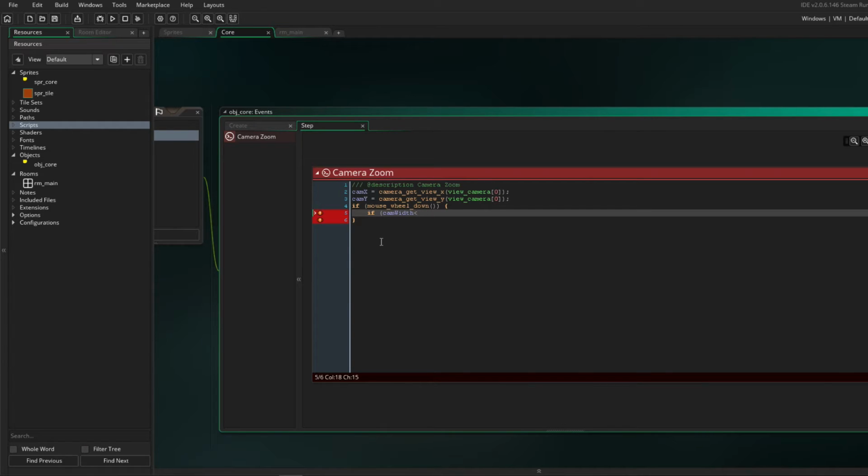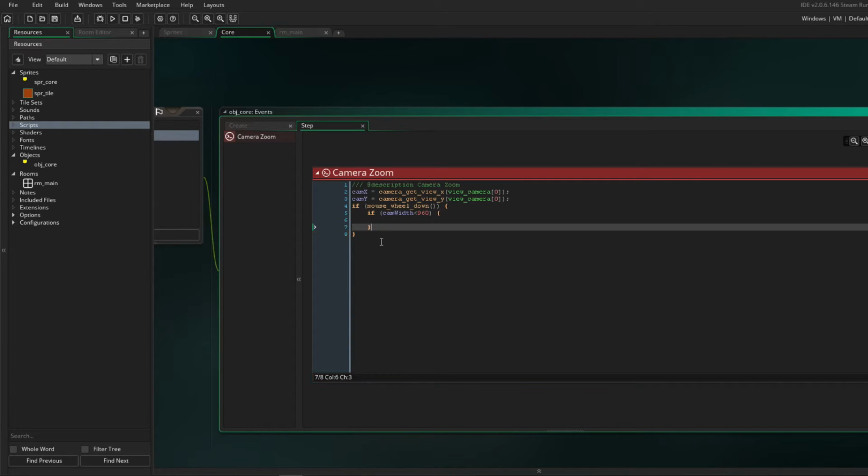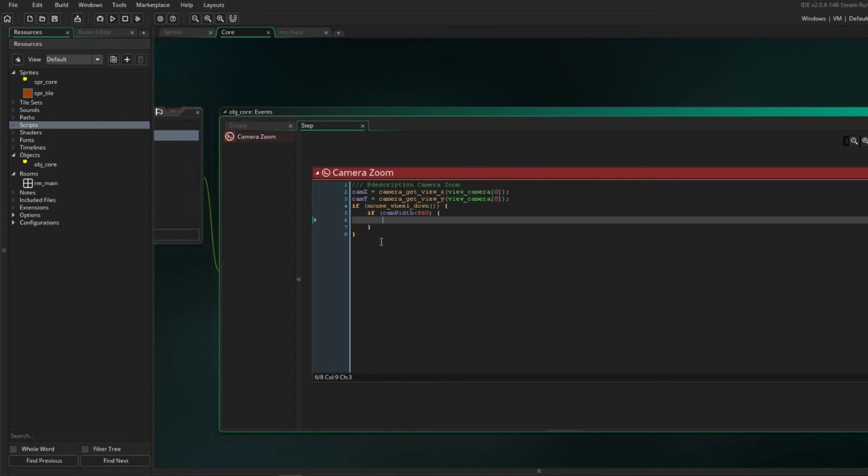Yeah, I think I'm gonna do something with my tile width, which is 32 times 3. Let's do 96 times... yeah, let's just do 960 or something like that. We can always adapt it if it is not far enough. But let's say if cam width is below 960, then we want to change the cam width, and we want